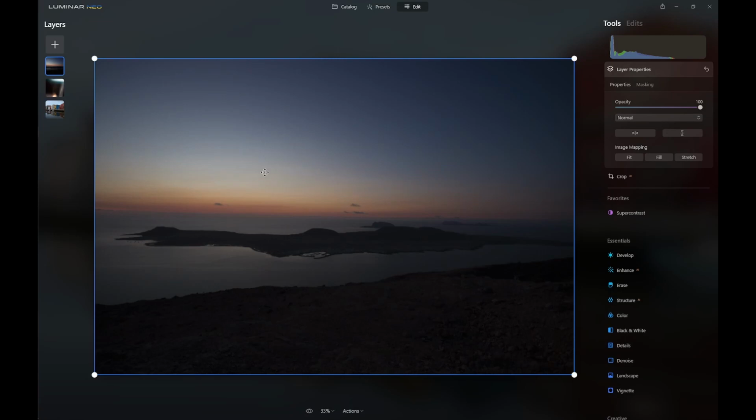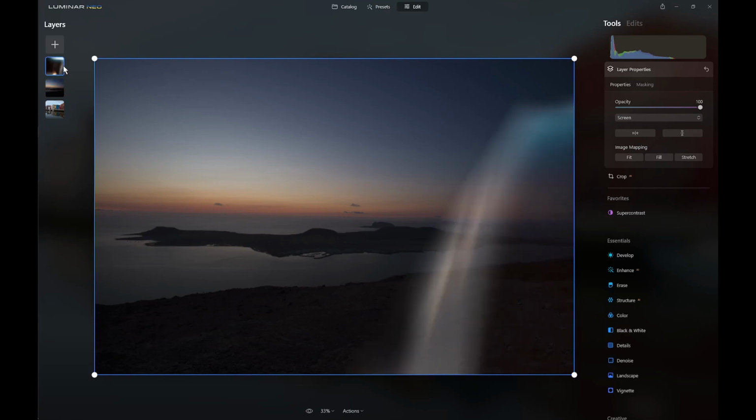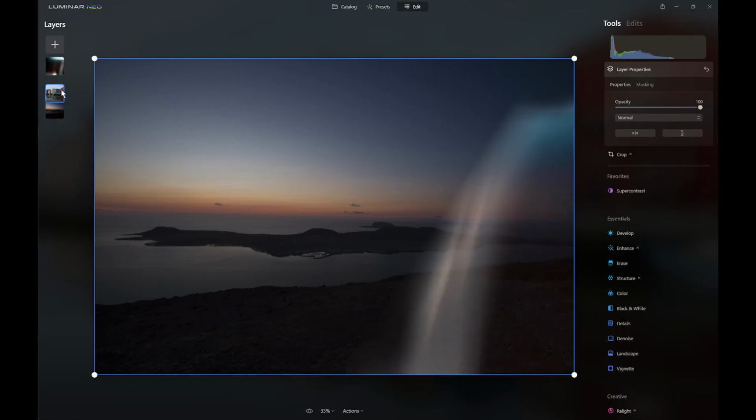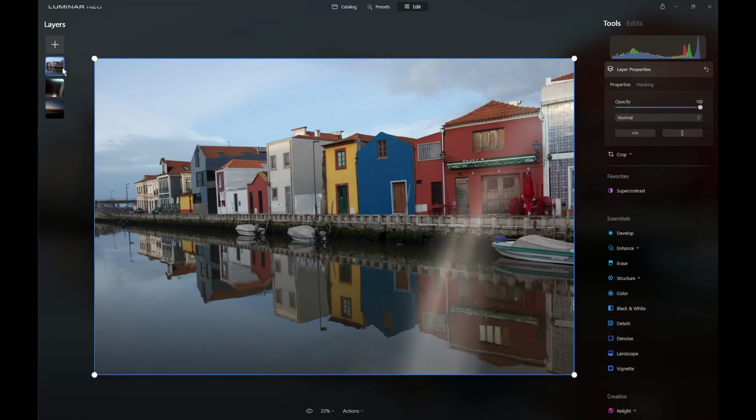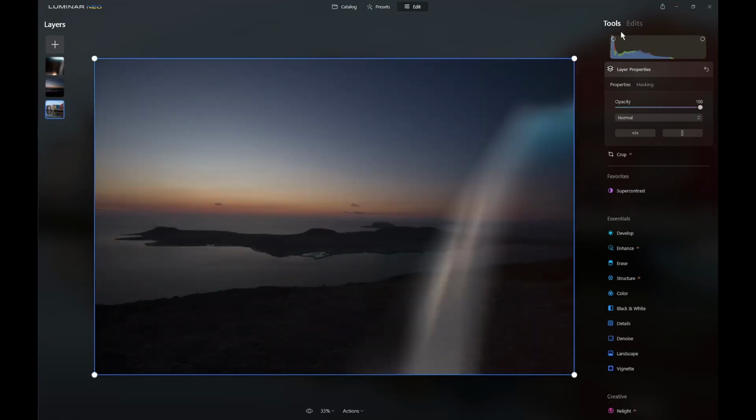In addition, you've also been able to adjust the order of layers other than the background layer, but now you can also adjust the background layer and change the order. Finally, the other new feature is